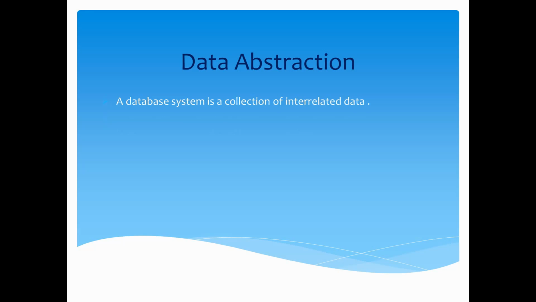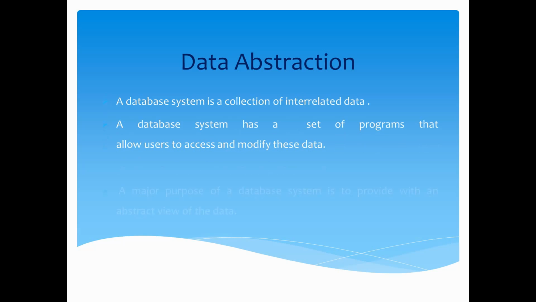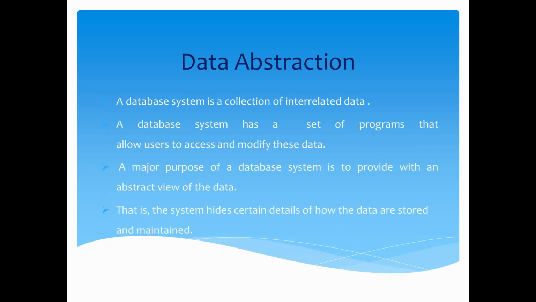That is, a database system always has a collection of interrelated data. So there are a set of programs that are needed to create a database. In such a way, we create a database hiding all the major information that is used for creating a database from the end user. So actually, hiding data from the user is called data abstraction. Now, there are different levels of abstraction that we are going to look into.